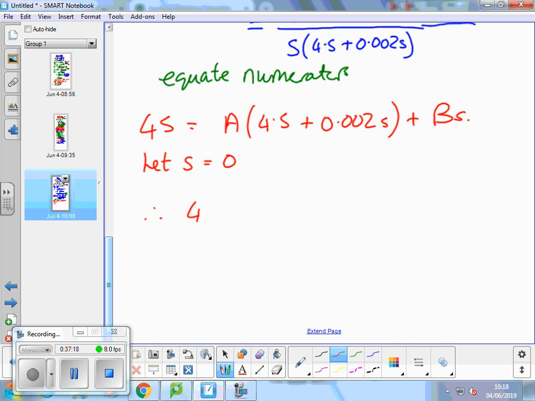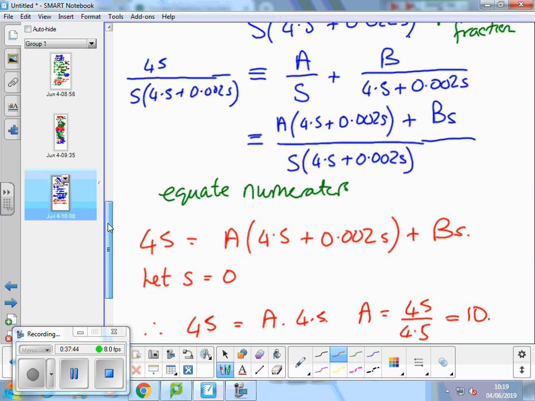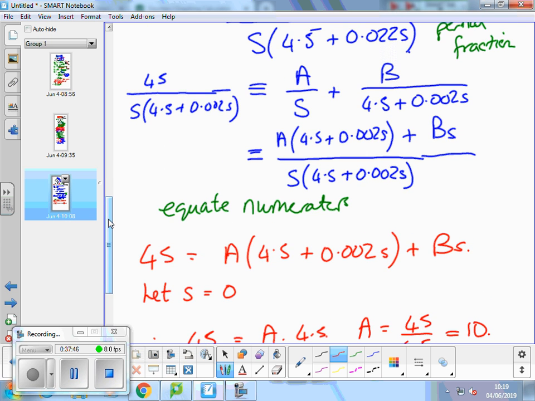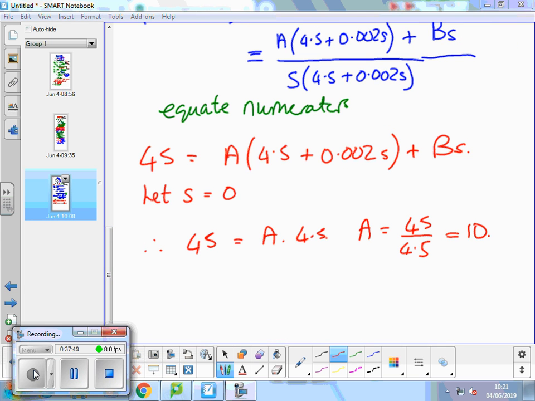Therefore, 45 is equal to A times 4.5. A equals 45 over 4.5 equals 10. Done that. Then we need to let